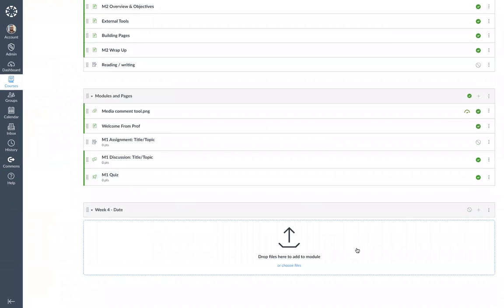And the first time that you add a module is going to look like this. You can add content directly into the module here. So it says drop files here to add a module or choose files. If you have not uploaded content into your Canvas course and you still have it on your computer, then you could just simply drag and drop from the folder that you have into this section here, or you can just simply choose those files.